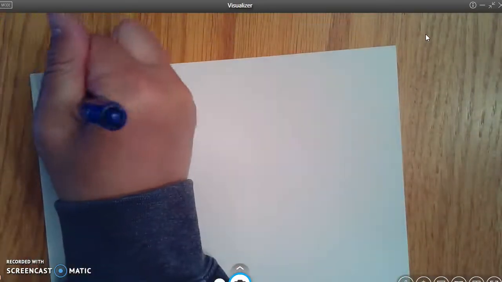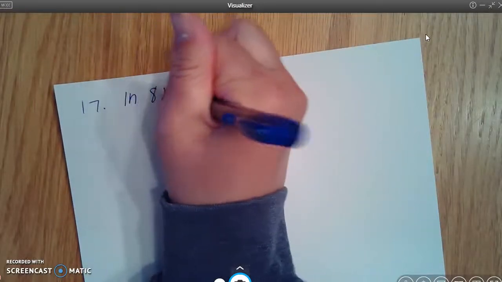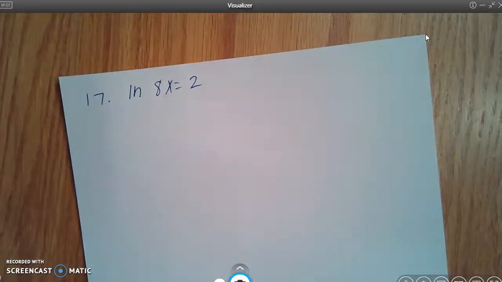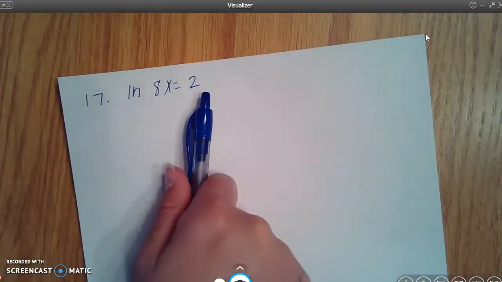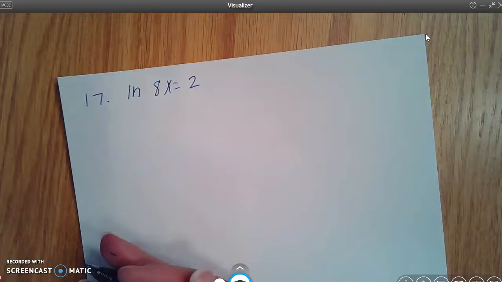Now 17 is where you have to remember the different rules. So you're going to get natural log of 8x is equal to 2. To get started, I have natural log equal to a number, which is one of the cases that you can have. When you have this, that means you need to rewrite it from your log,